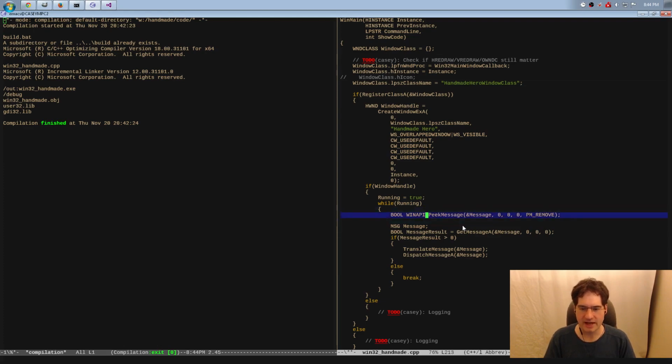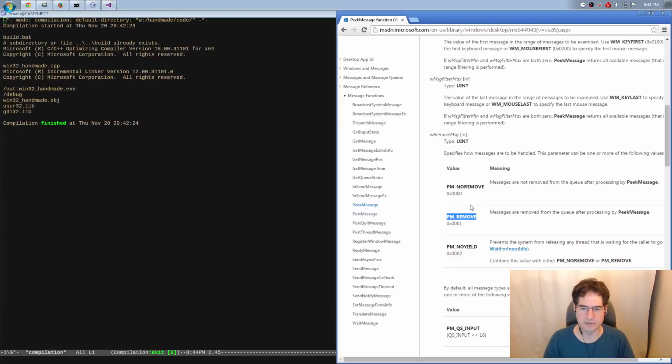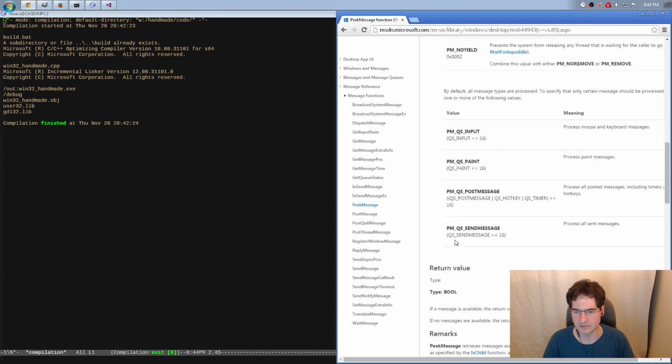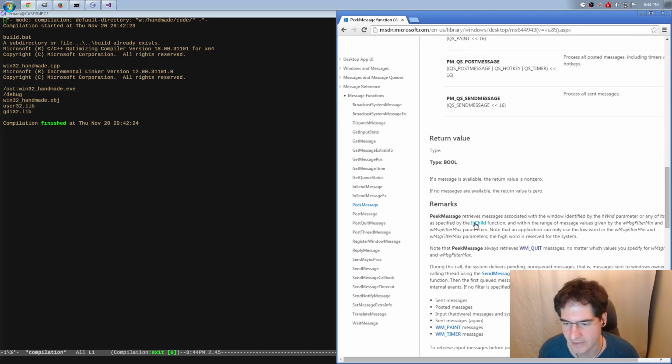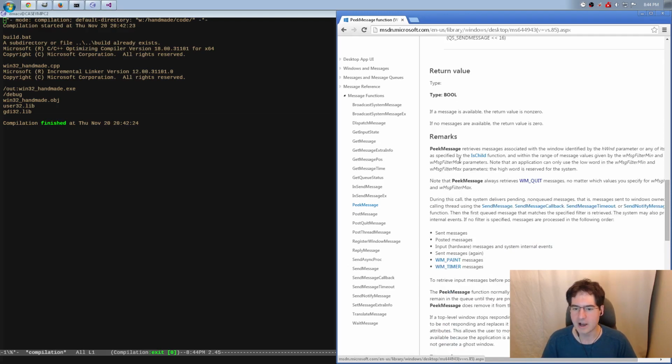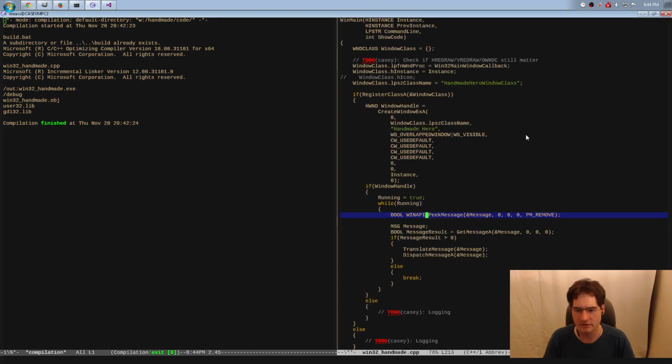PeekMessage. Now that's going to return a bool, and we need to know what that bool is. I assume the bool is whether or not there was a message, but let's go ahead and verify that. It's been a long time since I've actually written one of these loops. I always have the same loop I've been using for years, to be honest with you. Cut and paste reuse, that's the way you do it. Okay, so PeekMessage, if no message is available, return 0. So all we need to do is say, if we got a PeekMessage,